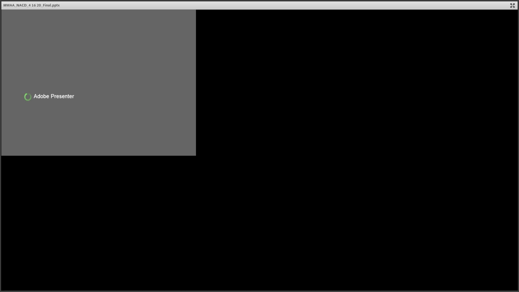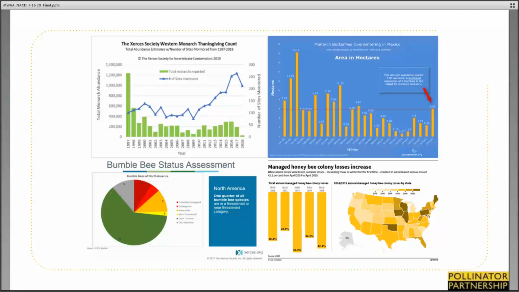And as I'm sure many of you know, pollinators, and actually insects in general, are in decline. These are just some graph examples of some trends and, sadly, some declines in populations of different pollinators. The top two graphs look at, the upper left is looking at the western migration of the monarch butterfly. There are counts taken that the Xerces Society leads during Thanksgiving at their overwintering grounds on the California coast. And you can see from this graph that there have been severe declines in their overwintering numbers throughout the